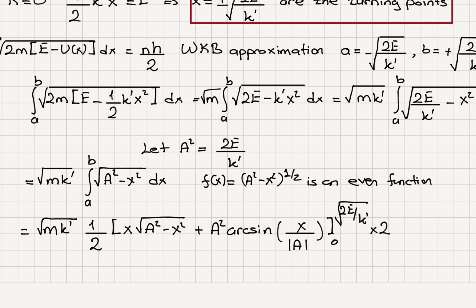So these 2's will cancel out. So here I have multiplied it by 2. And the 2's cancelled out. And now I substitute the endpoints. So I will have square root mk prime